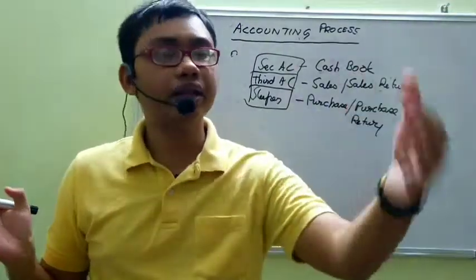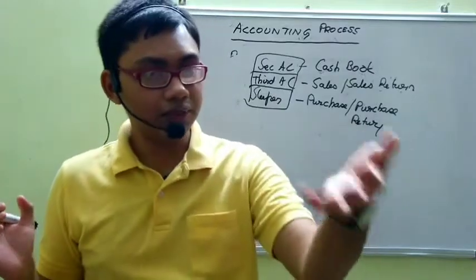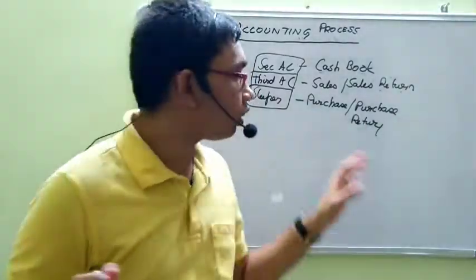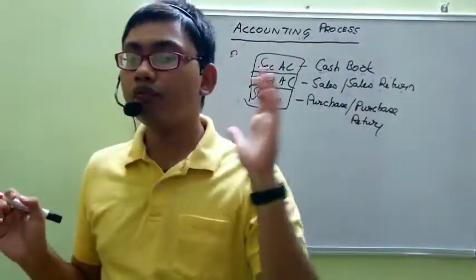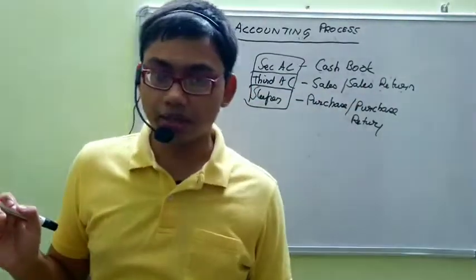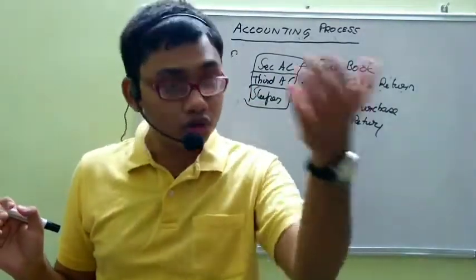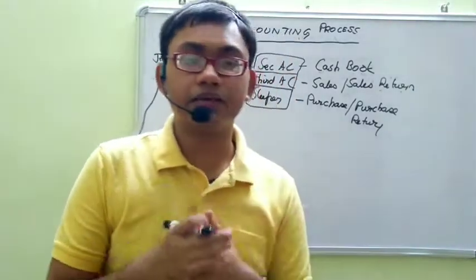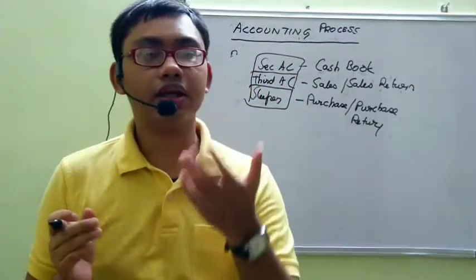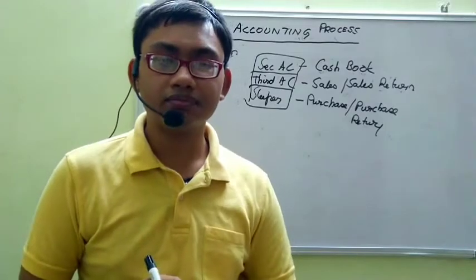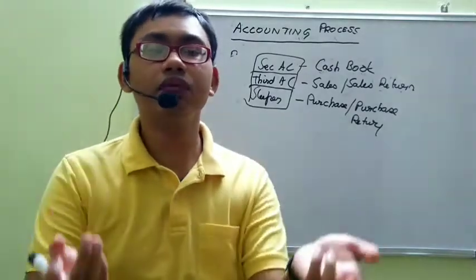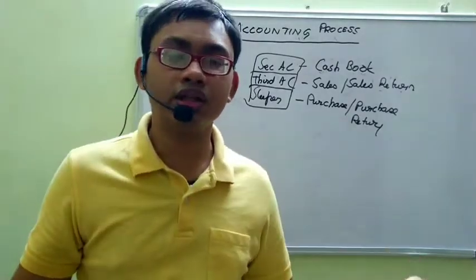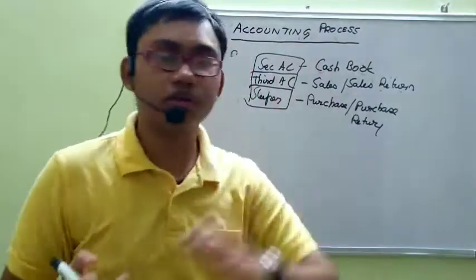Similarly, if we are getting the money back immediately, we will record it in the cash book. But if we are not getting the money back immediately, or we bought the goods on credit, tell me one thing: if we are buying something on credit and we are returning it, will that person give us money back? Definitely not, because we haven't given him anything and he is not giving us anything. So naturally it will come to the purchase returns book itself.